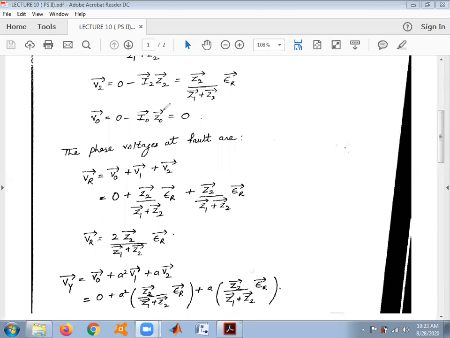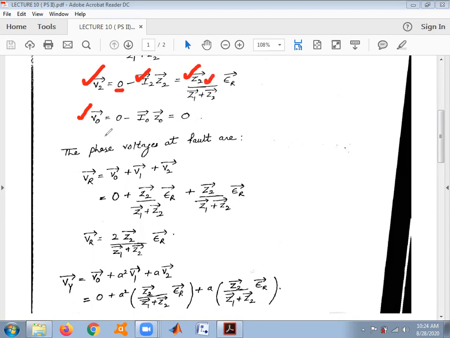Similarly, we can find the values for V2 and V0. The formula for calculating the voltage of the negative sequence component is E2 minus I2 Z2, where the assumption states that only the positive sequence component exists. This is the negative sequence component represented by subscript 2. So the E2 value will be 0 minus I2 Z2. Substitute the value of I2 which we had already calculated in the previous section. Substituting the value of I2 multiplied by Z2, we get our desired result.